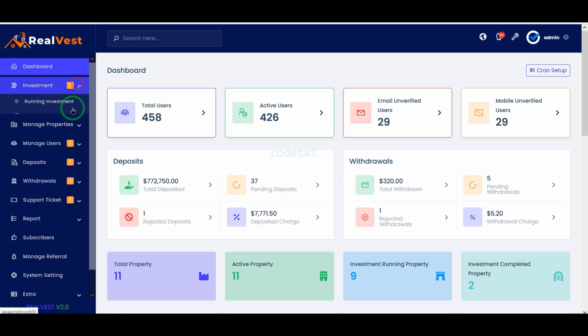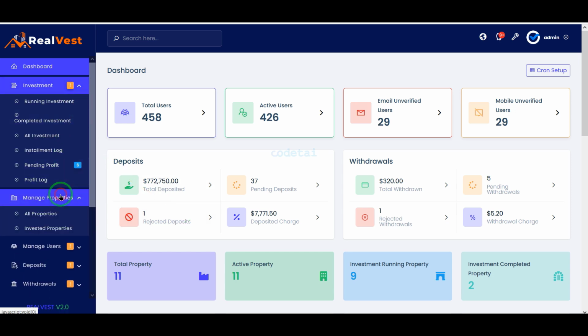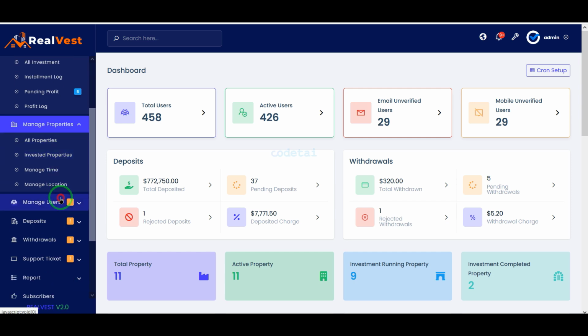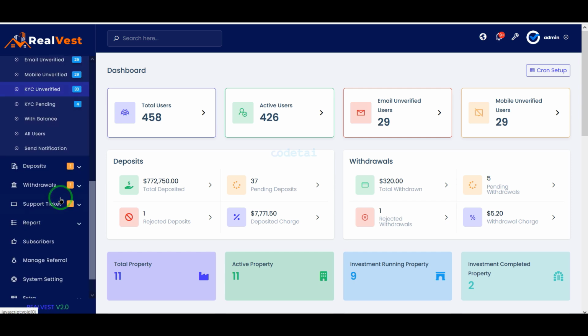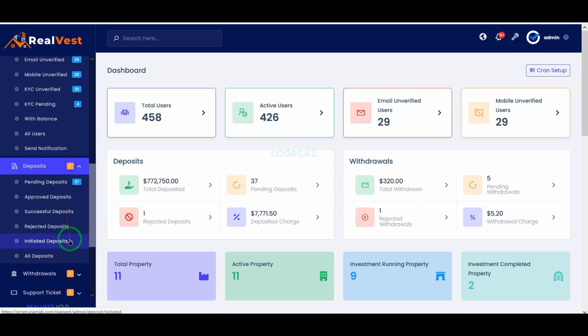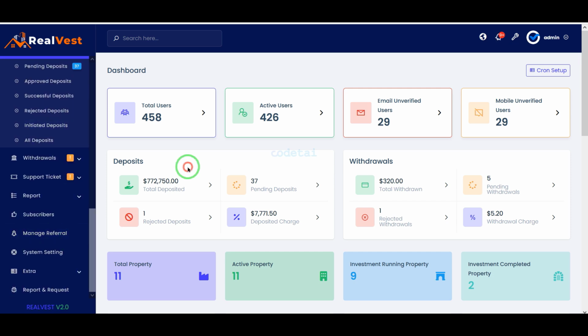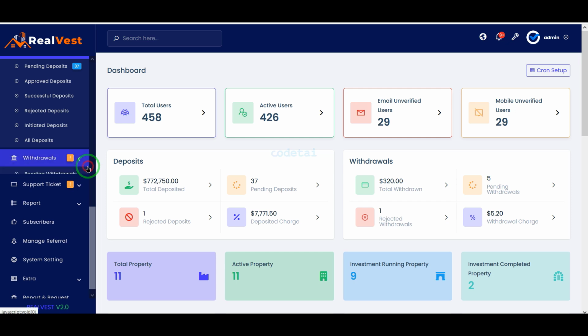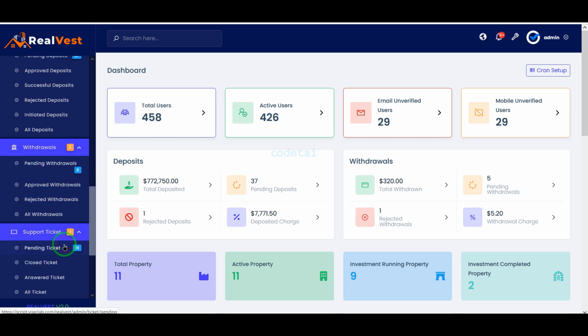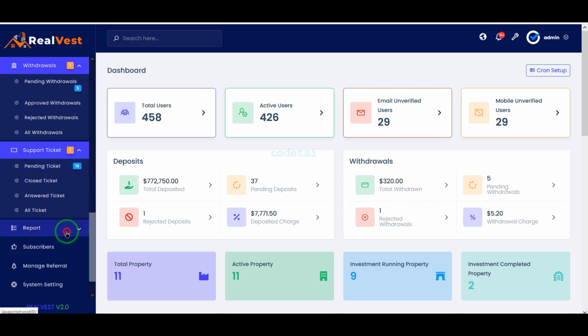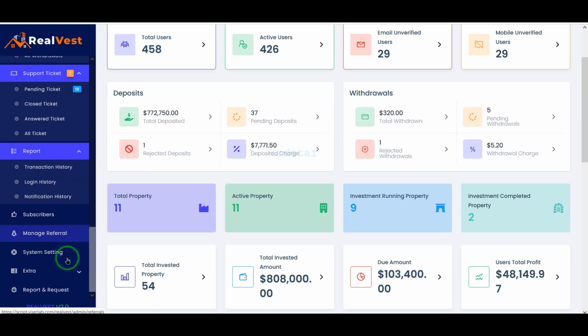Because we are getting all kinds of features and functionalities step by step to customize the website in this admin panel, you must study the features section of this admin panel. Or if you have any problem customizing the admin panel, then definitely contact us, because we will help you how to customize these admin panels step by step.